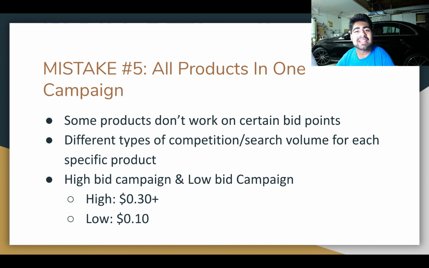And the reason behind this is that the keywords that the product was ranking for when it had a higher bid were not keywords that were properly optimized for that product, meaning those keywords could be for different types of products. But when the lower bid campaign began to work, the keywords that the product started ranking for were very, very similar to what the people were searching for. And that is why they became interested in your product and started purchasing it.